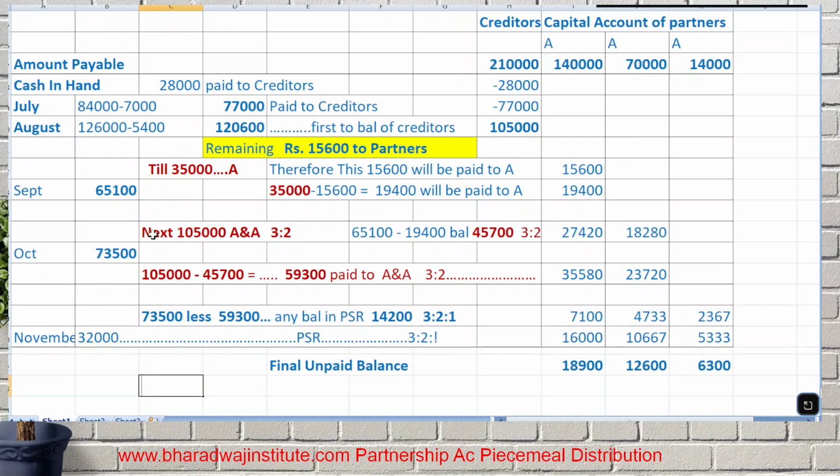So note the small points in detail: up to 35,000, only A should be paid. So A will get up to 35,000 first. Then up to the next 1,05,000 it will be paid to A, that is first and second partner. Any balance